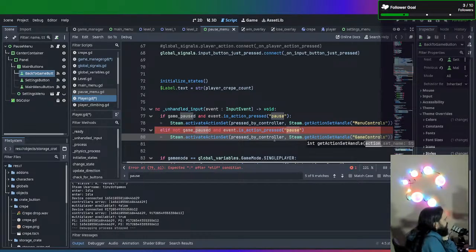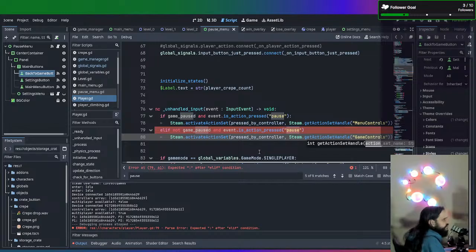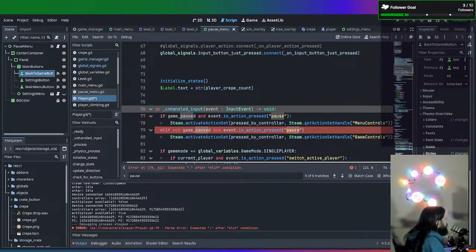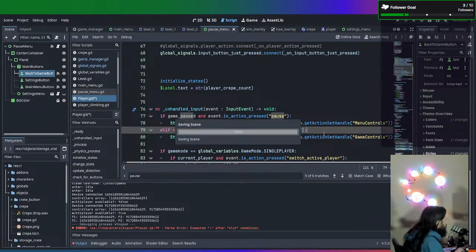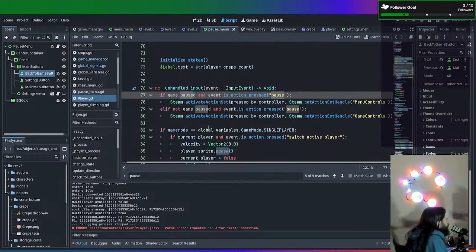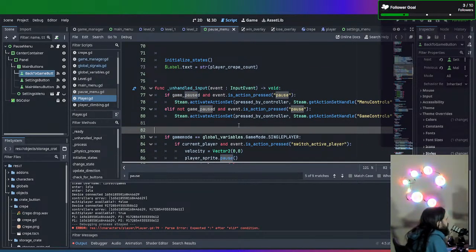Well, that should work. I think that should work. I don't think we need to do too much extra checks, so that should be good. Okay, get that in there. So that should handle our input and handle pausing and unpausing. Well, not quite. We need to actually go into our,